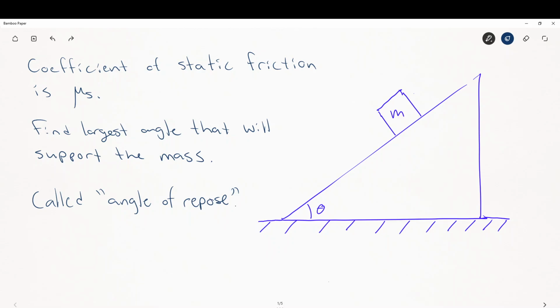But we can keep increasing that angle until eventually the mass will slide down the incline in spite of the friction because the amount of force pulling it down the incline will exceed the frictional force. And so what we want to do is determine that largest angle which will support the mass right at the moment when we reach the maximum strength of the static friction force. The name of that angle is called the angle of repose, and this angle determines a lot of interesting things,